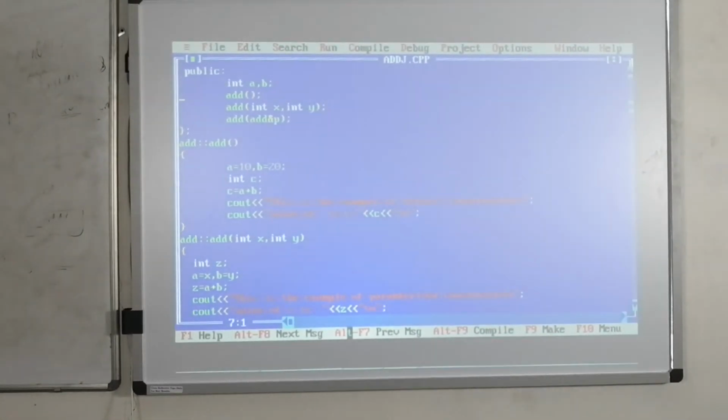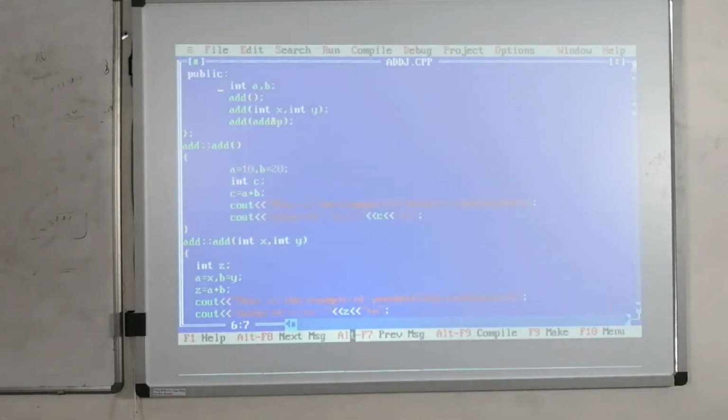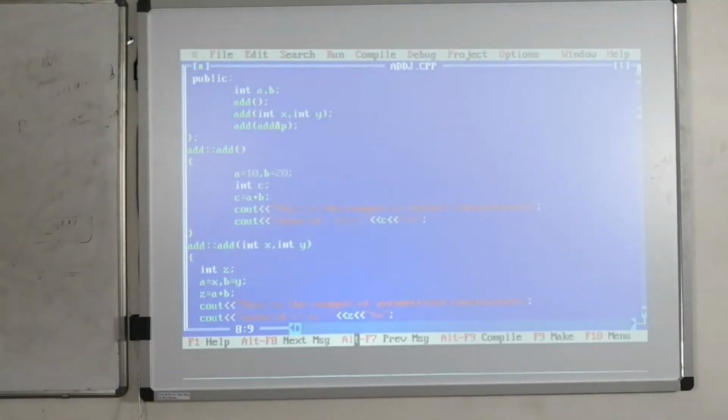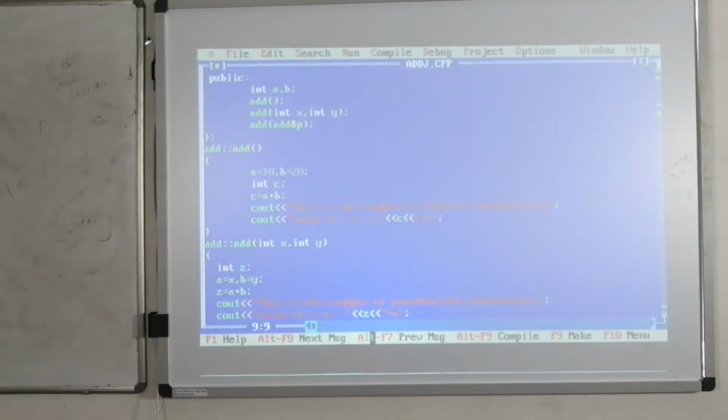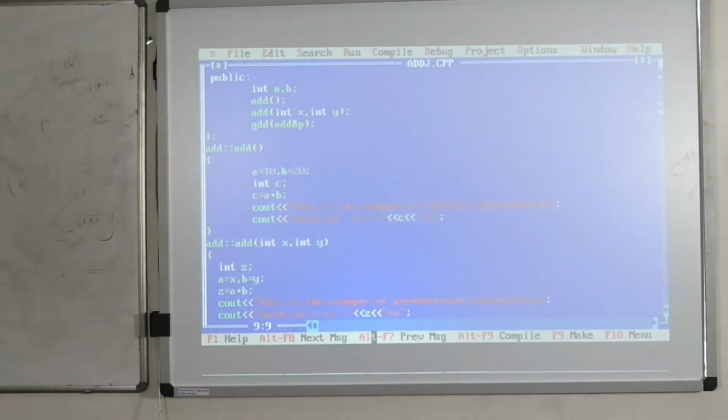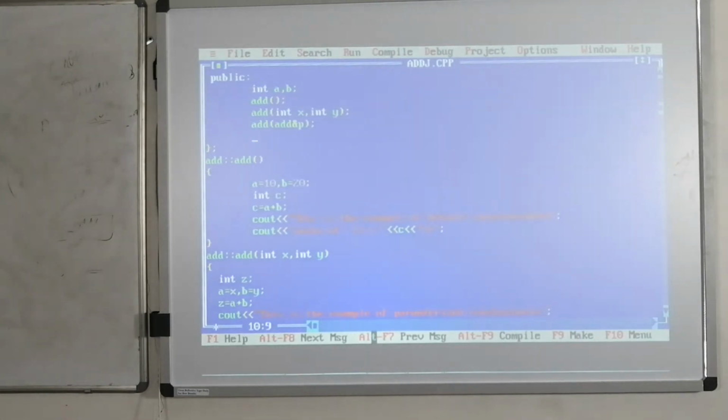See here, in the class we are declaring three constructors. One is the default constructor Add, the second is the parameterized constructor, and the third is the copy constructor. Now I am going to declare the destructor here.